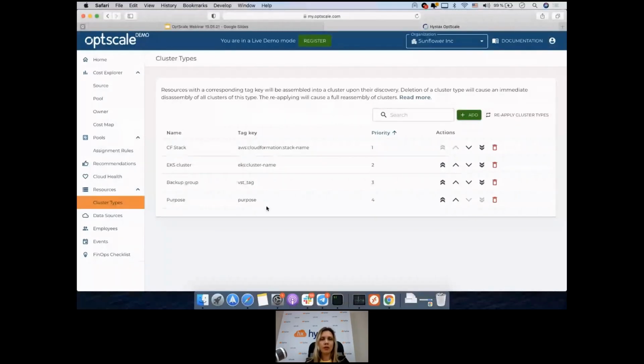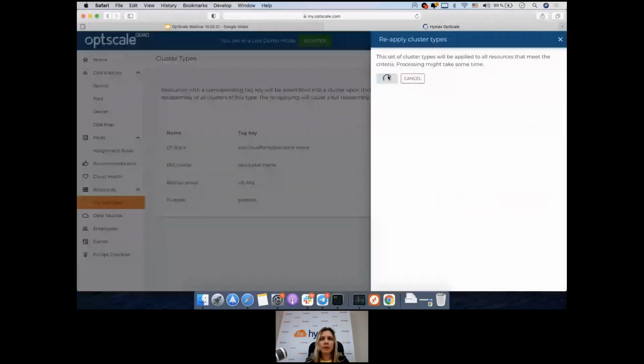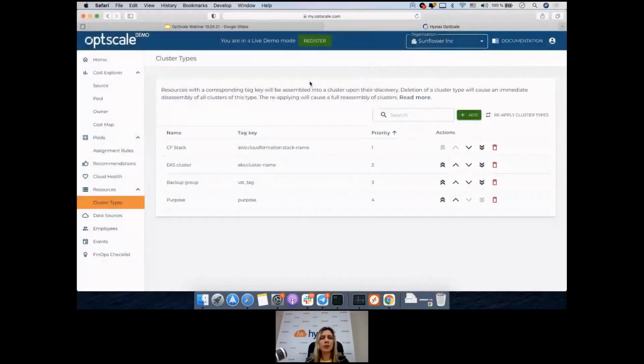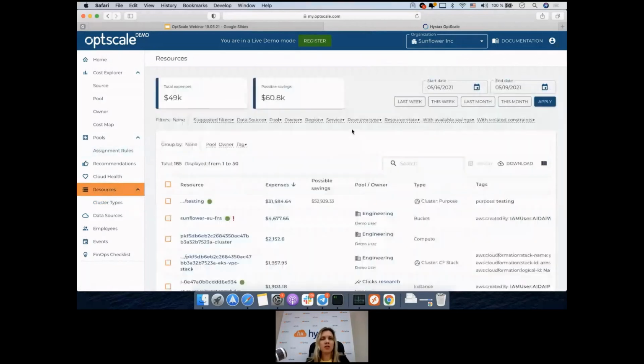and regroup the resources in my OptScale connected cloud. When I click reapply, we start a background process regrouping the already discovered resources. As for the new resources, they will automatically be discovered by some cluster types if they fit any. And now when I have my cluster types already created,